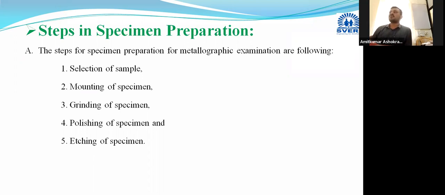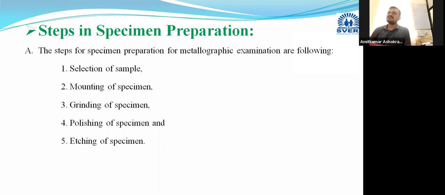You can go for cold mounting, or you can go for hot mounting also. In our lab, the cold mounting setup is available with us. But how to perform the cold mounting, that I will perform today. And just remember this step, we are going to do the mounting.